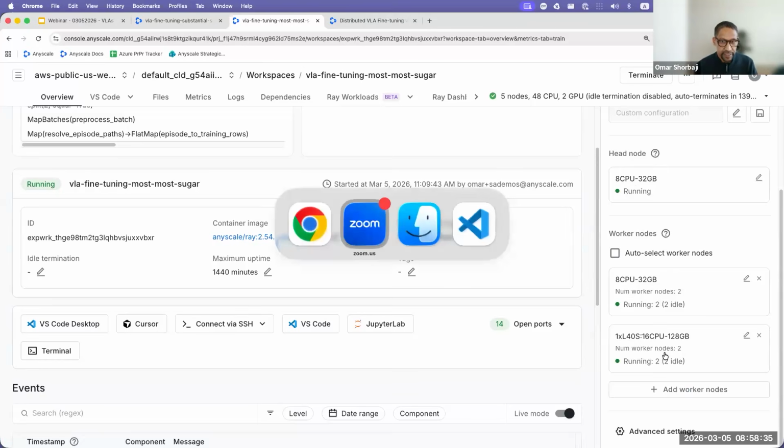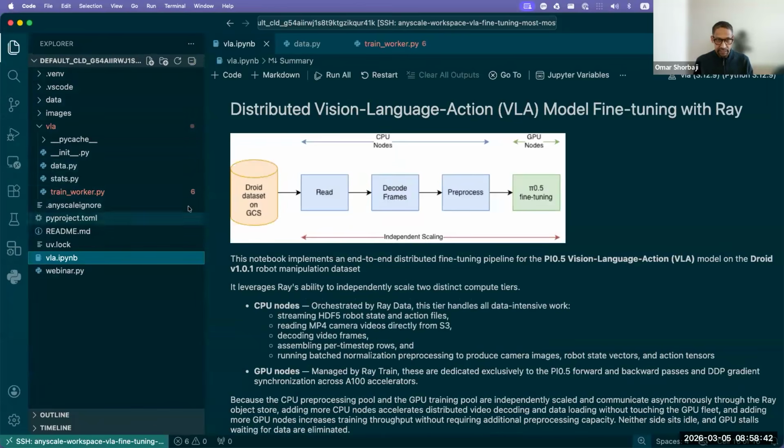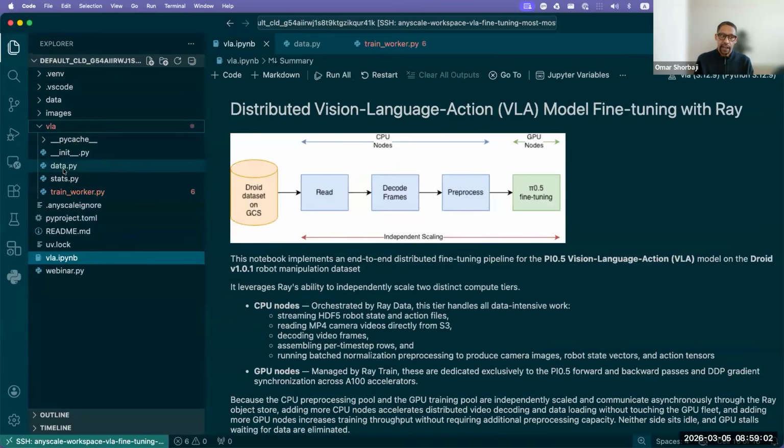Let's dive in to the actual code. Here is my connection to my workspace. This is a workspace where you too, once you launch that workspace using that template, you'll have access to all this code. And to give you a quick tour, the main part of the code is this notebook called VLA,